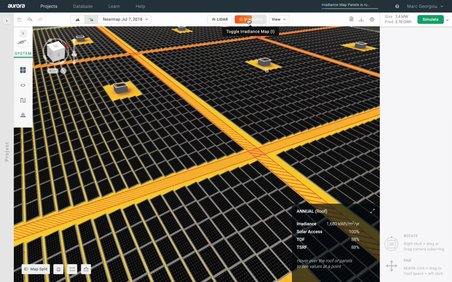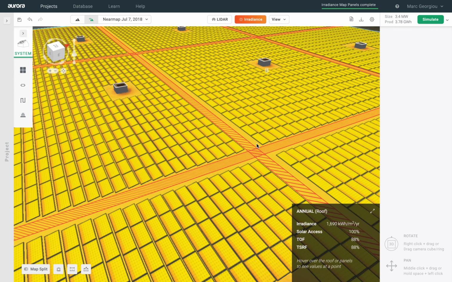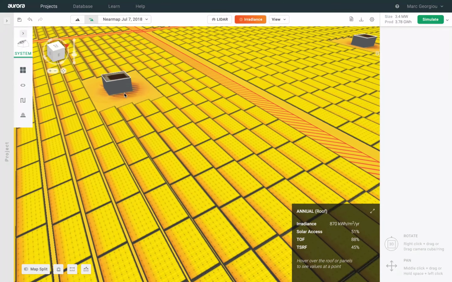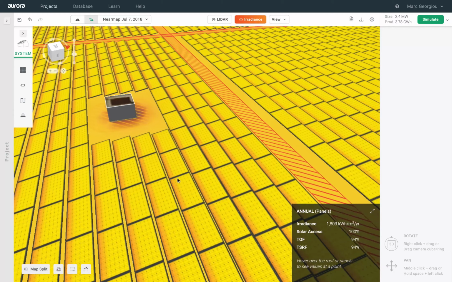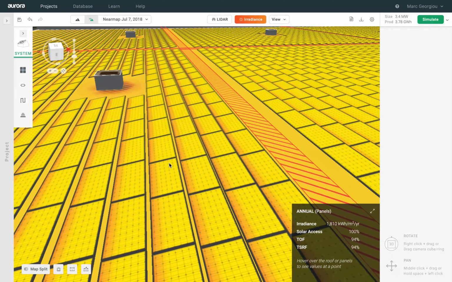you can see that the irradiance map first loads on the roof, and then the irradiance map on the panels will be loaded as well and calculated as a second step. And as you zoom in to the different rows, you can see that there are darker areas at the bottom of each panel, which you wouldn't have seen otherwise. And this is very useful because it could tell you that the actual shading on the bottom part of each of these rows